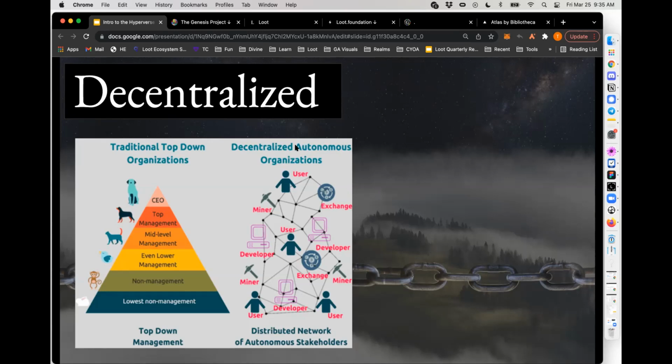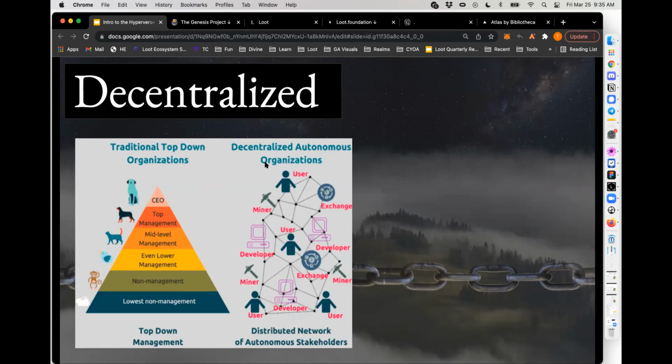I guess it's autonomous, but it's almost not even an O, meaning it's almost not even an organization. Loot doesn't even really have a DAO yet. We are working on building potentially a DAO model that has a bit of a steering committee and a collective vision and a group of people who can help shepherd the organization of it forward.